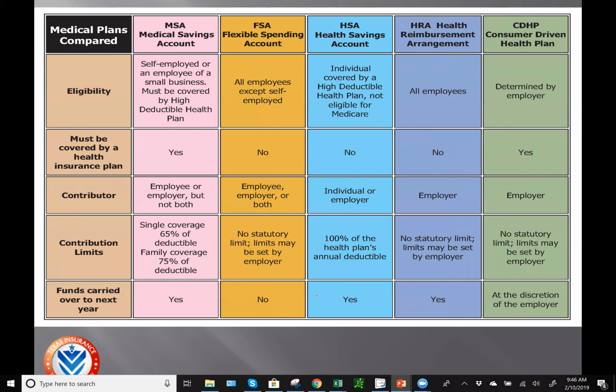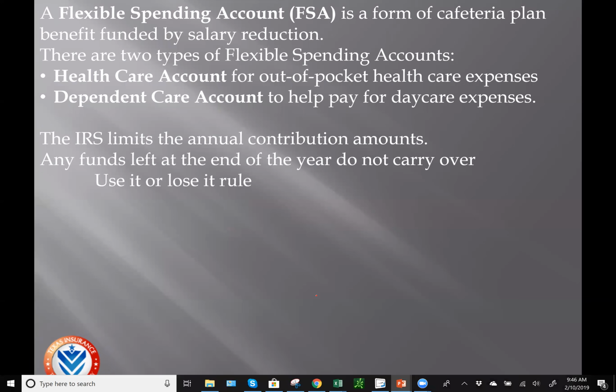All right, next, let's look at some different ways to help you save for your qualified health expenses. I'm just going to talk about three of these, FSA, HRA, and HSA. So first, let's look at an FSA, a flexible spending account. A flex spending account is a form of a cafeteria plan. All that means is that you get to pick and choose what benefits you want from within the flex spending